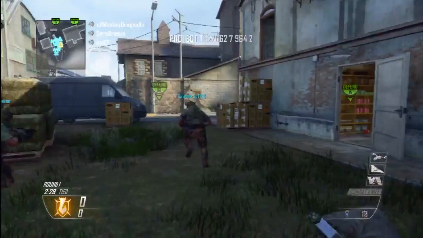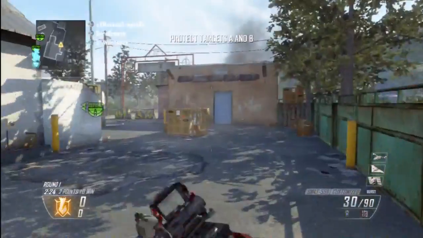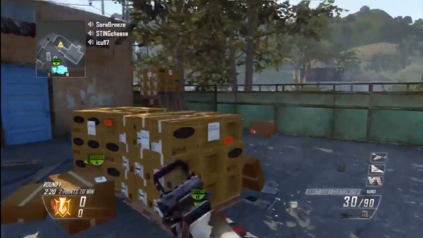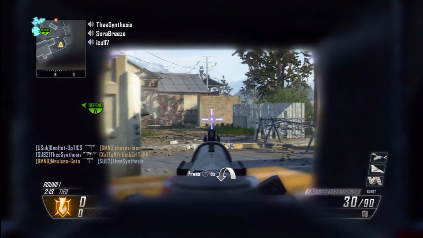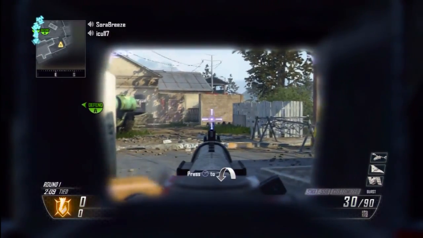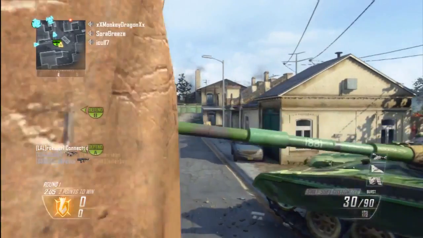Okay guys, I'm going to start with what weapon classes are more suited for this type of game mode. I believe that submachine guns and assault rifles are probably your best bet whenever you are playing Demolition, solely because they're easy to handle and they're usable in most every situation on a map. Whereas the LMGs and shotguns, I can see how they could be useful, but I find their drawbacks